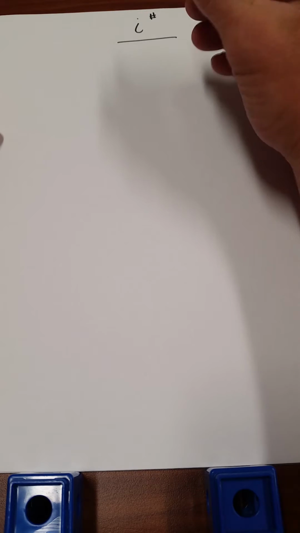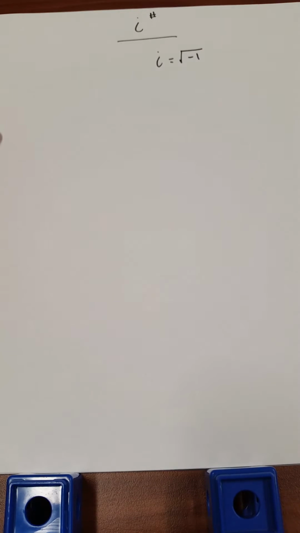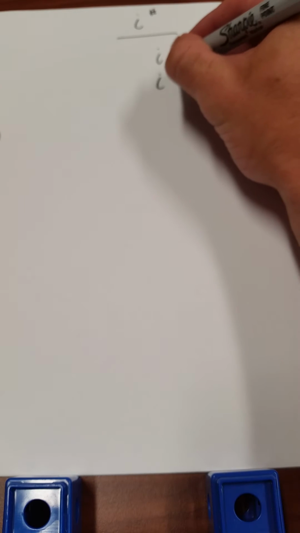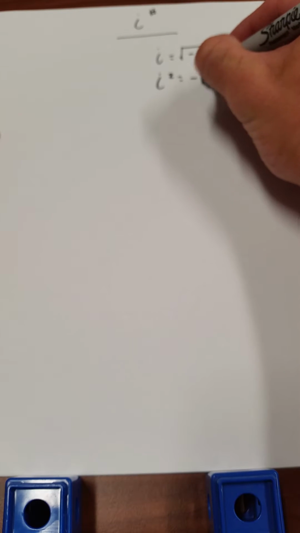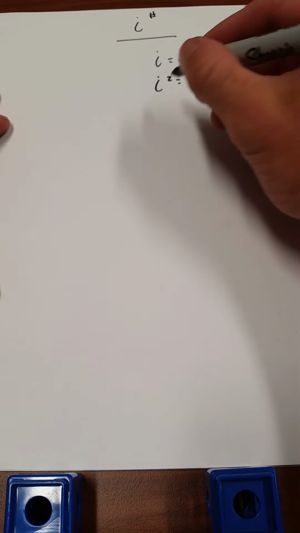All right, we're going to be talking about i raised to the nth power, i raised to some sort of power. We've been talking all unit about the fact that i is equal to the square root of -1. You've also learned that i squared is equivalent to -1. We talked about that in an earlier video. Now what we're going to look at today is what happens whenever we have something i to a higher power,